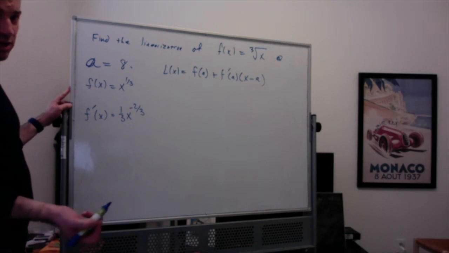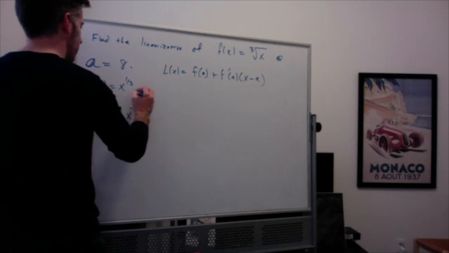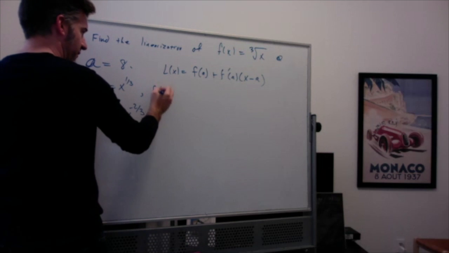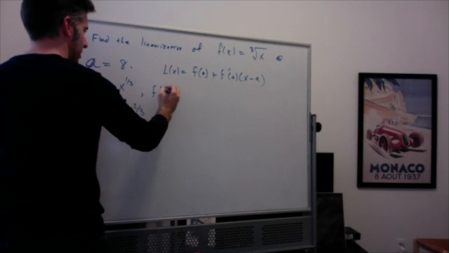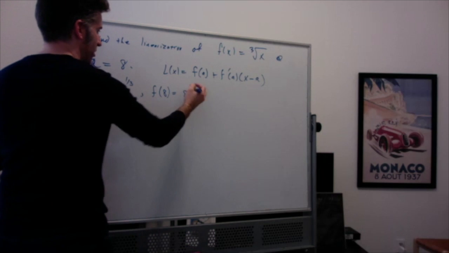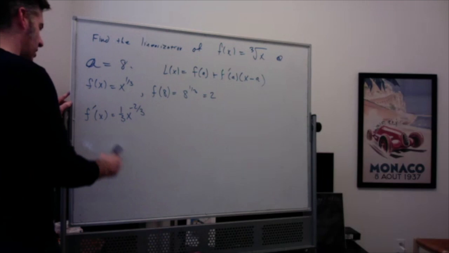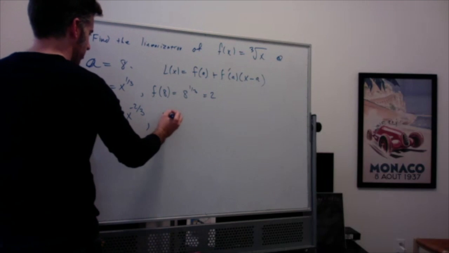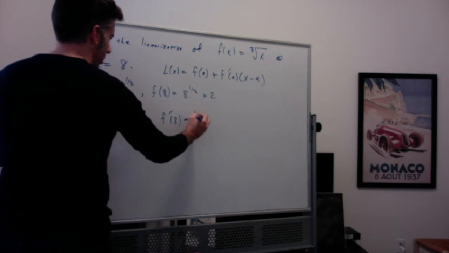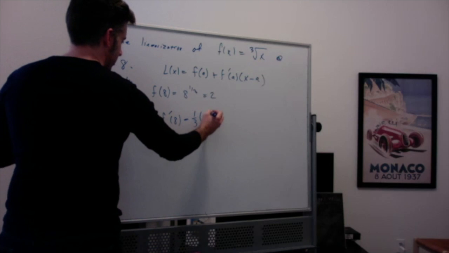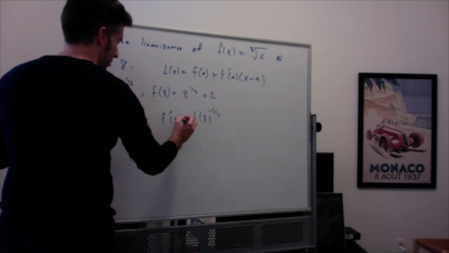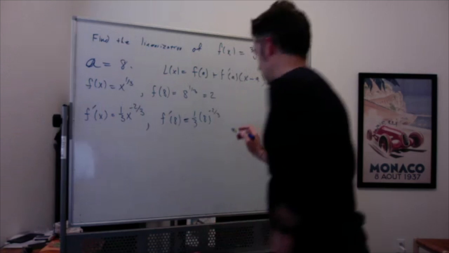But I need to actually plug in the values. So f of a, or f of 8, is 8 to the 1/3. The cube root of 8 is just 2. And f prime of 8 is 1/3 times 8 to the negative 2/3, which is going to be, let's see,